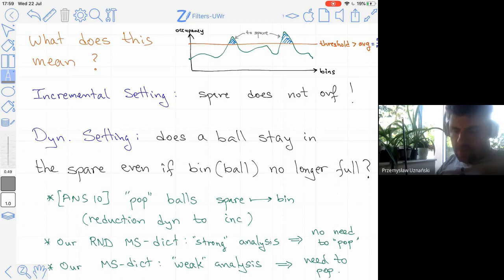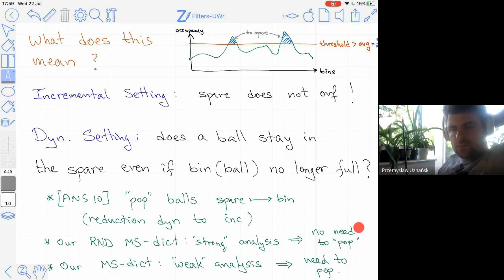They do it, by the way, in a lazy fashion, but that's a cute trick. But from the point of view of analyzing the size of the spare, this is what they do. And that's the way they reduce the dynamic setting to the incremental one. Now, in our analysis of the random multi-set dictionary, our analysis is strong enough so that there's no need to